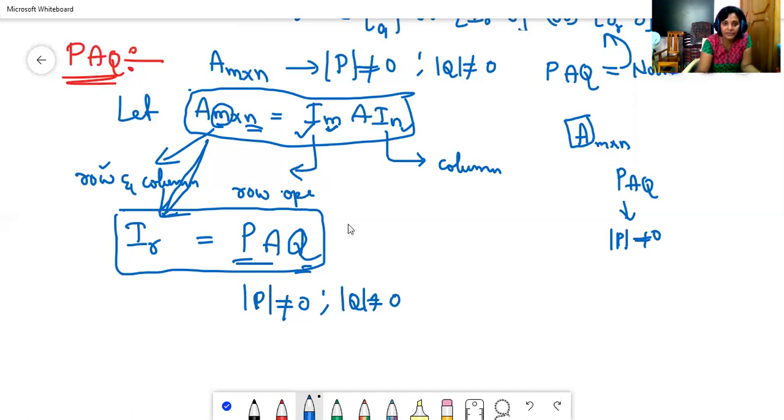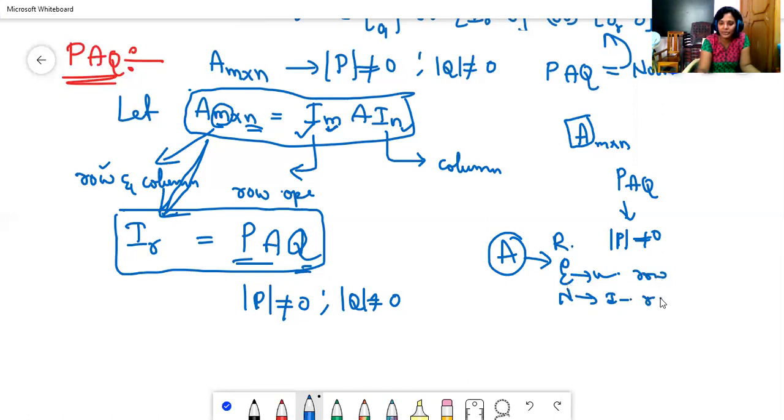If they have given the A matrix, to find the rank we can use either echelon form, normal form, or simply the minor method. Rank means find the determinant; if it is 0, select a minor matrix, and if that is also 0, again select a smaller minor matrix. Echelon means the upper triangular form. Normal is the identity form. In echelon, we use only row operations. In normal, we use row and column operations.